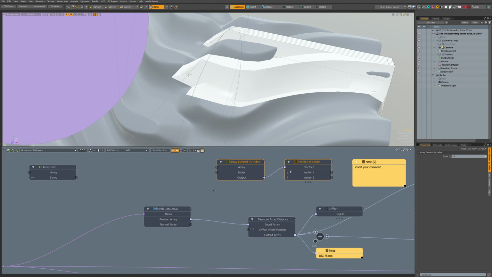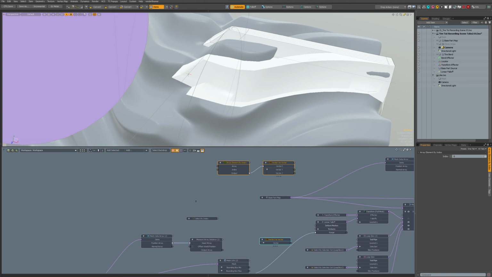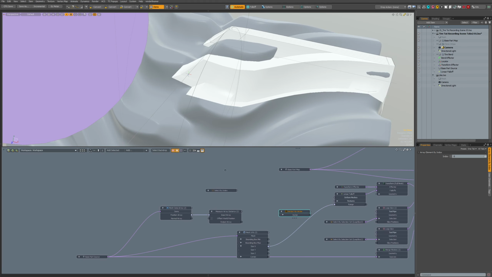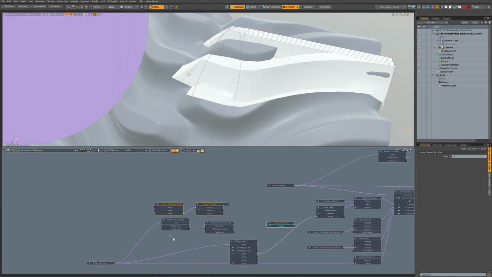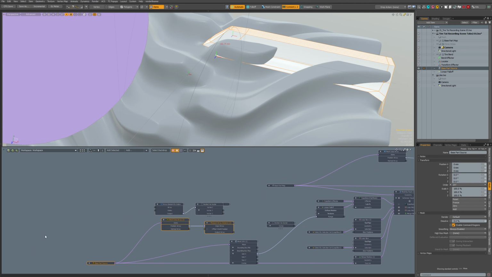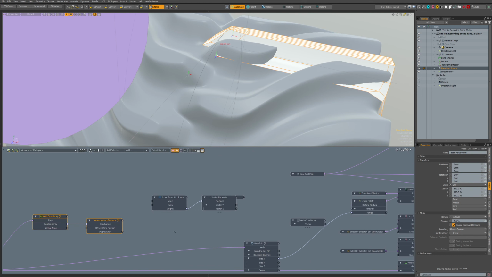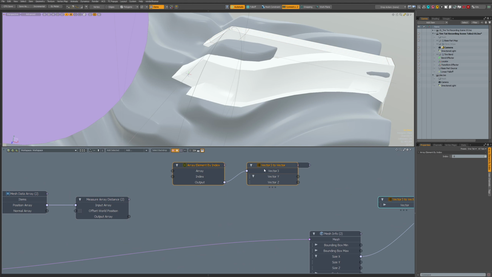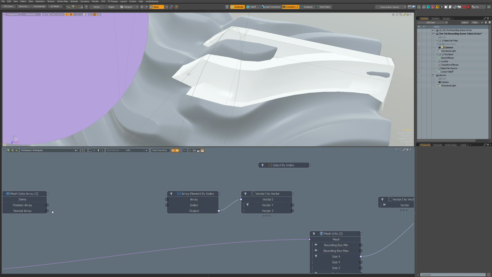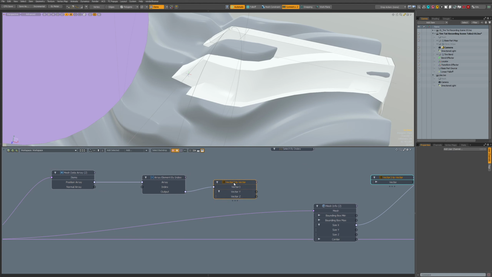So let's take this down here. Measure distance, that is something we don't need. We take this position array, one position from that position array, and then we have it here like a vector 3.